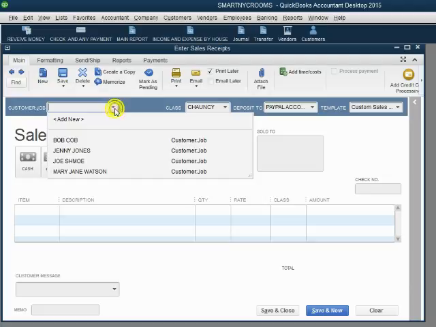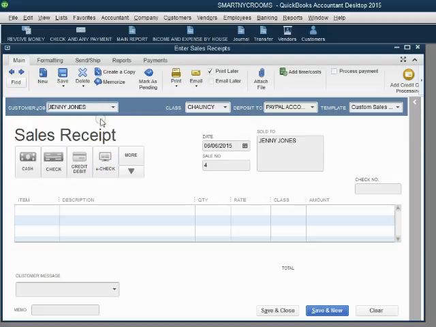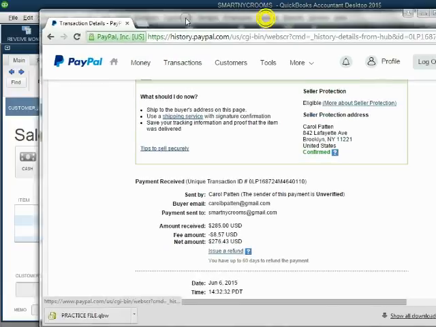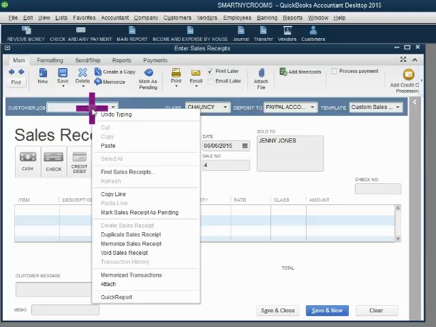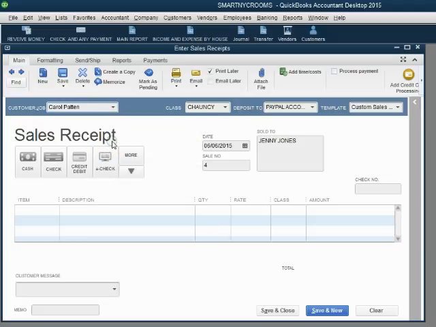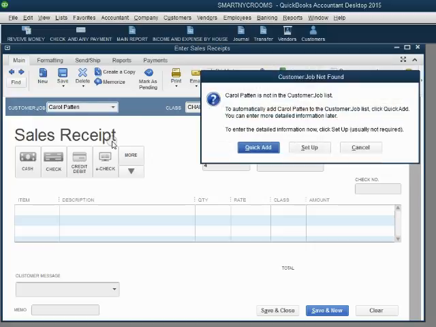Okay? Now, the name of the customer. If the customer stayed before and you recorded them into QuickBooks, you just have to choose their name. If they never stayed with you before, then the way to put their name more efficiently would be simply to go to the PayPal window, highlight the name, right-click copy, go back to QuickBooks, click in the name field, right-click paste. On your keyboard on the left side, push the Tab key,